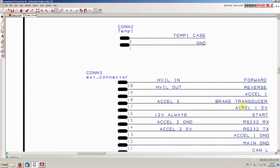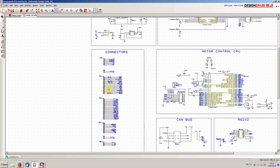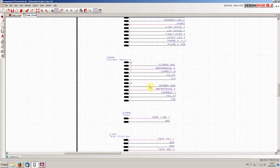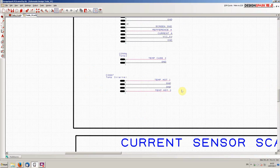So I'll be going through all of this in more detail when we have the prototype running, but suffice it to know for now that we are reassigning some of the pins on the external connector. So moving down then, we have the IGBT driver connectors, the current sensors, more temperature sensors, and even more temperature